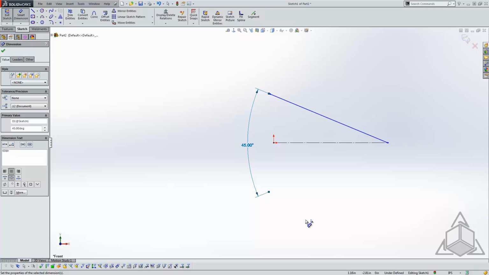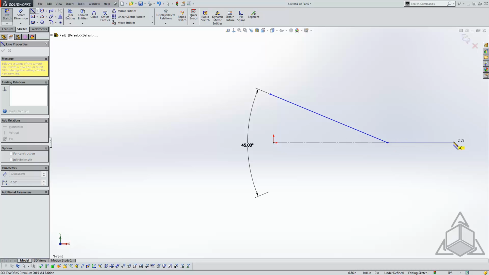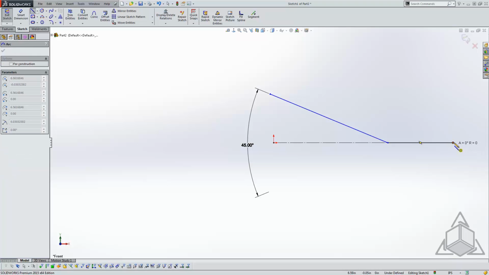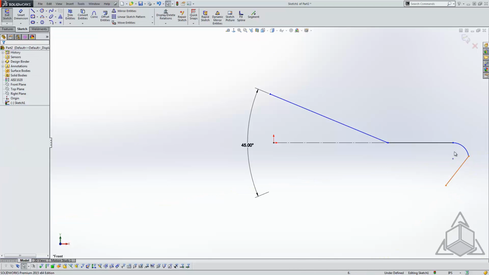Another thing that they cleaned up with sketching has to do with how sketch entities relate to one another. So for example, if I'm sketching along and I've got a piece that comes over here, and maybe a tangent arc off of that, something like this, and we have a line that comes down. While we're working with these, we do get more opportunities to fix things up as we're going, but one of the things that I really liked how they changed was working with two pieces of sketch entity that are chained